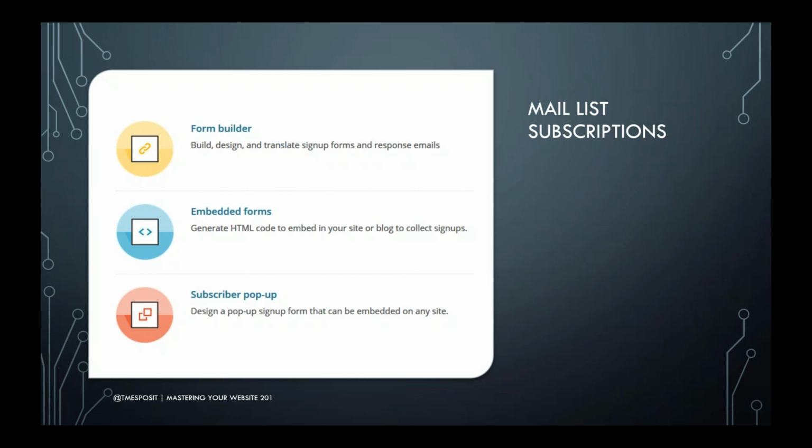MailChimp is pretty cool. You can have different types of forms, and when you go into it, you can have these as pop-ups or embedded forms or driving to another page. There's a lot of options for how to get people to sign up for your list. So it's one thing to maintain a list, it's another thing to draw new people into your list. And the goal of this was to get new people to come to your website to say, yeah, I want to sign up for your mailing list. Because I've already been like, oh, let me go to such and such site. Oh, this looks great.